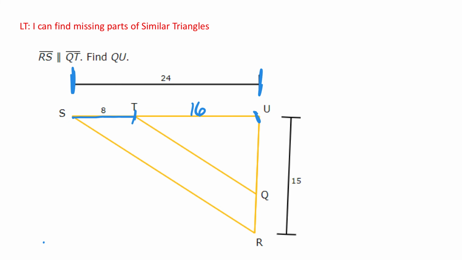So we're going to talk about how we can set this up. Now, some of you are pretty good with your arithmetic and you know what the 2-to-1 ratio is. Some of you may have a little bit of a struggle. So here's what we can do. We can still set up a proportion, but we're going to have to set it up with algebra. And here's what we're going to say. We're missing a side here, so we could say 24 is to 15 because that's the numbers we have, as 8 is to, and then what we're going to have here, if we called this segment X,